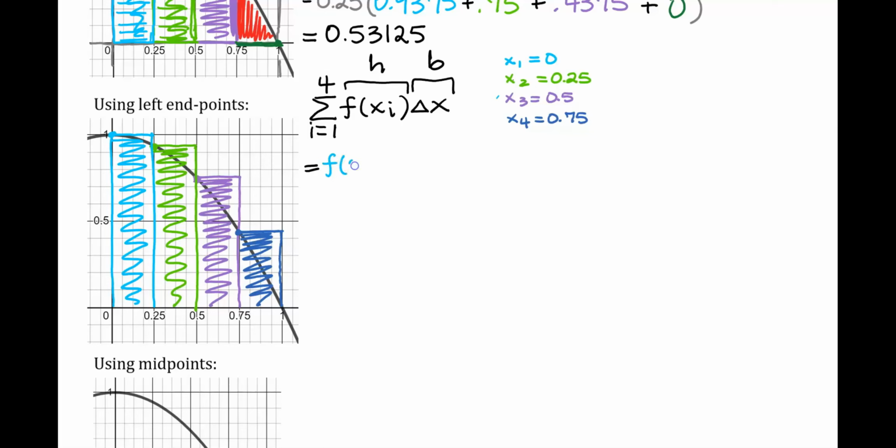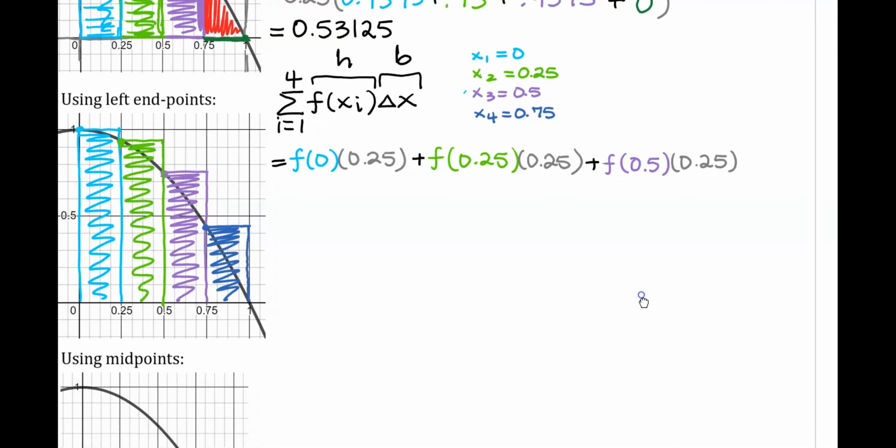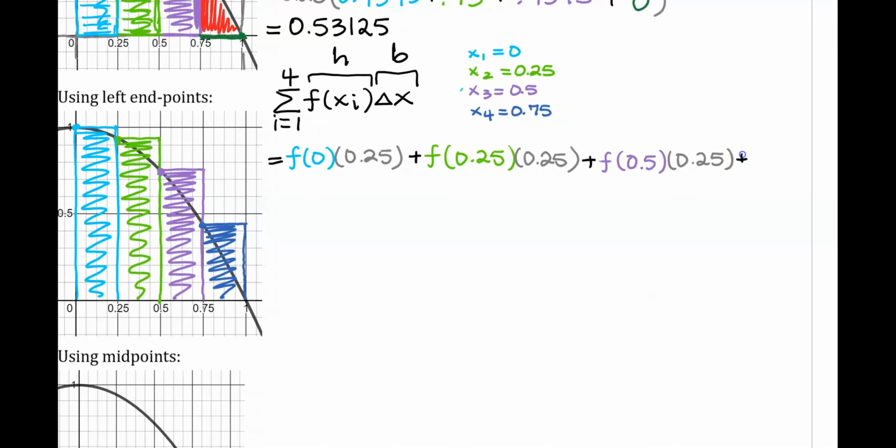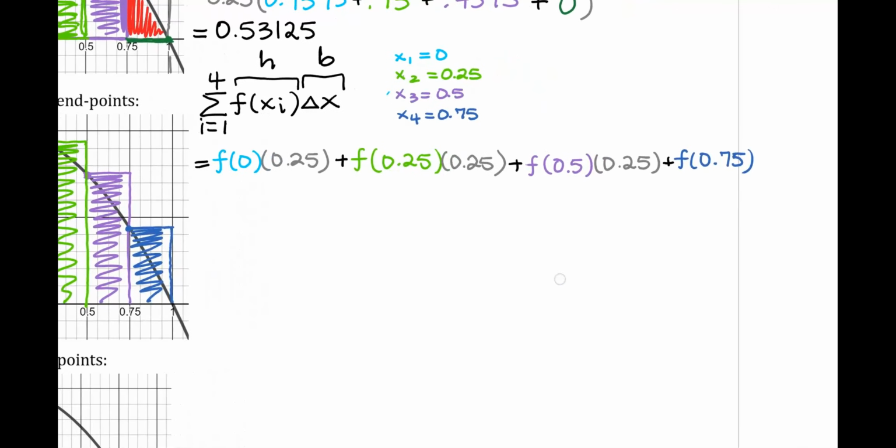So we will have f evaluated at 0 multiplied by 0.25, that's our delta x, and then we will evaluate the function at our second x value, which is 0.25, and then multiply that by our delta x, which is again 0.25. Then we will add the height of the third rectangle, which is the function evaluated at 0.5, and multiply that by the width of the third rectangle. And then finally, we will add the function evaluated at our fourth x value, which is 0.75, and then multiply that by the width of the fourth rectangle, which is